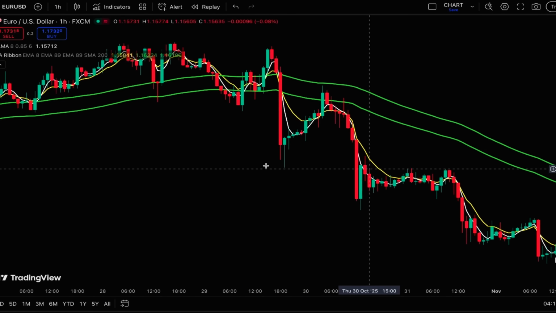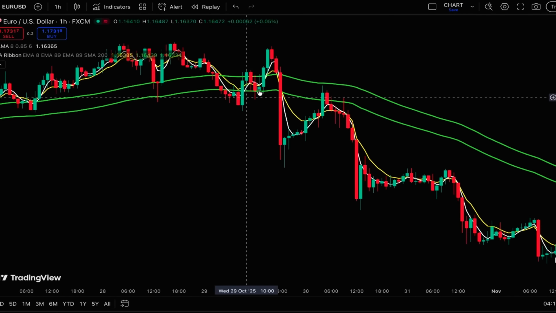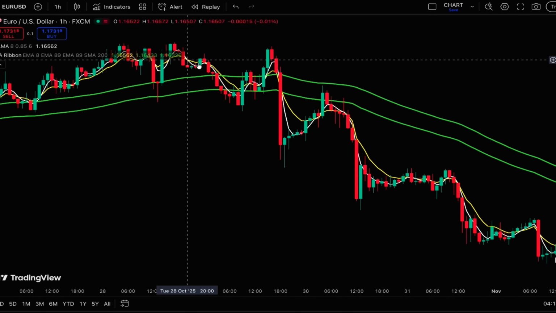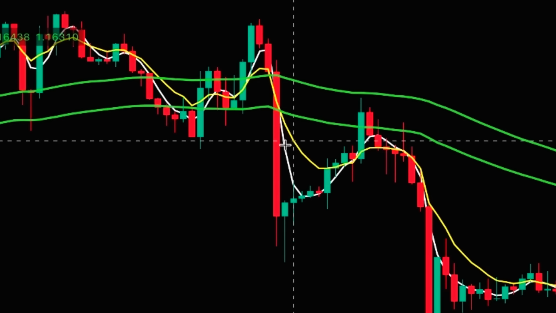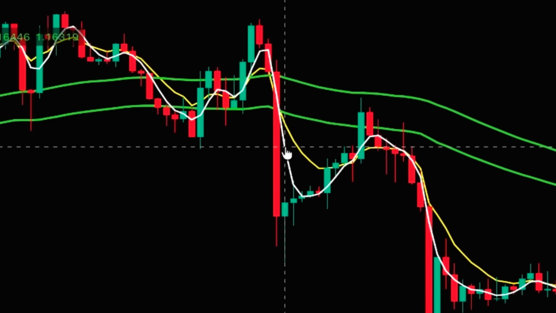channel. So the crossing of the price above or below the green channel is important to us because it can be an early signal for reversal. Here you can see that the price from above the green channel went below the green channel, but this is not enough, and after that we want also the white line and the yellow line going completely below the green